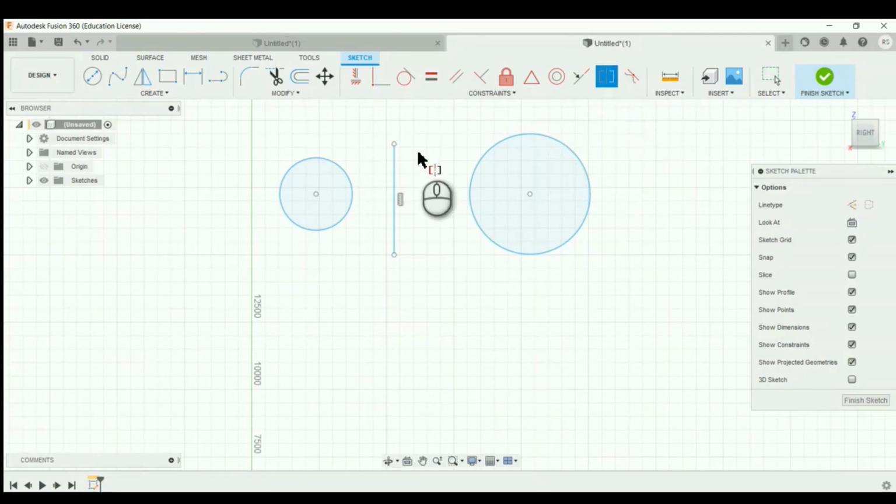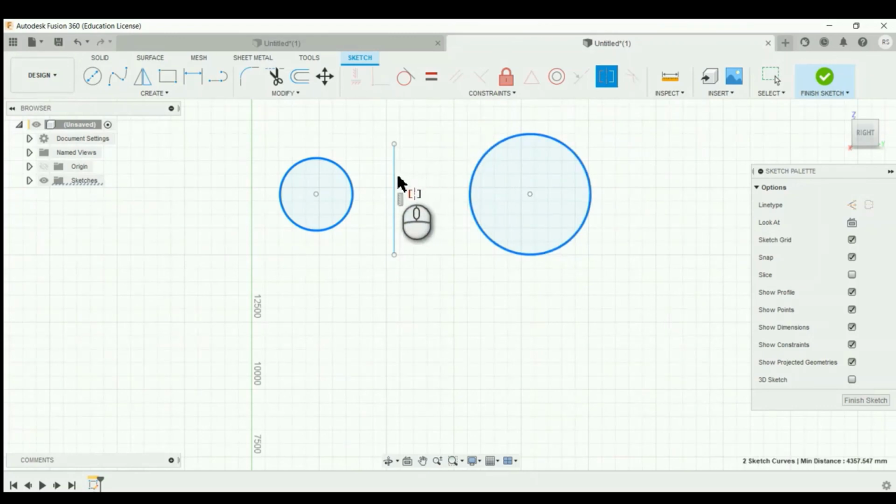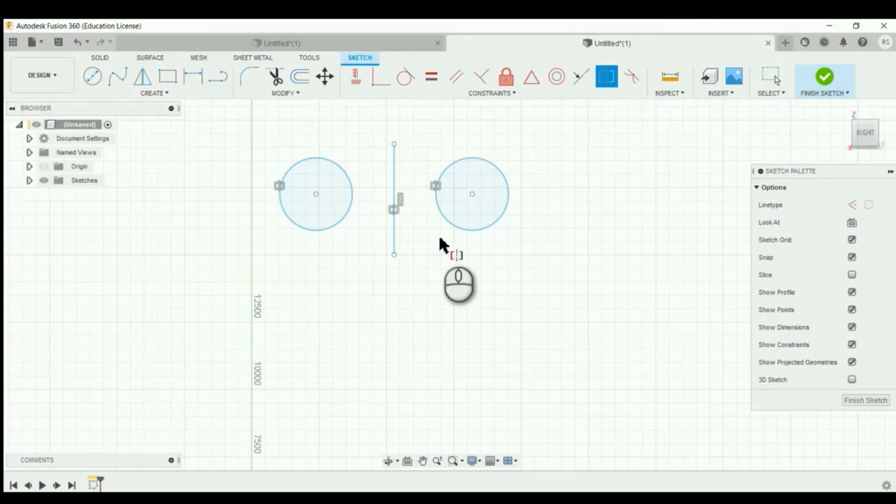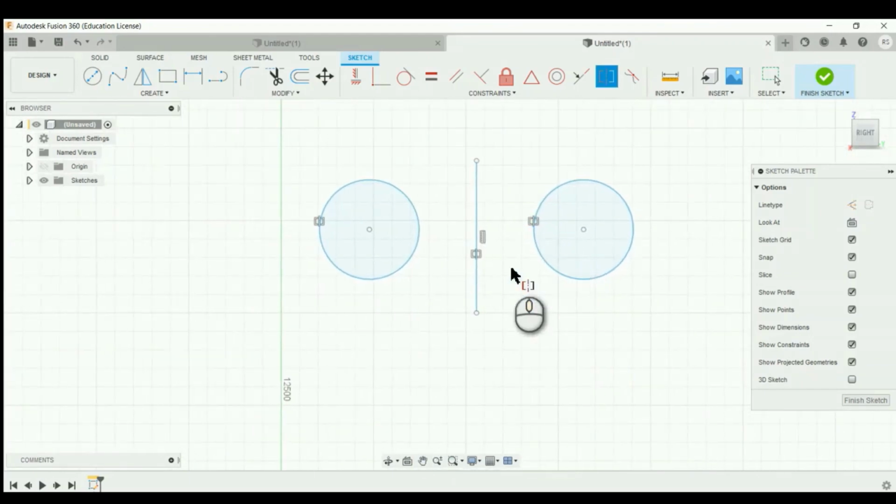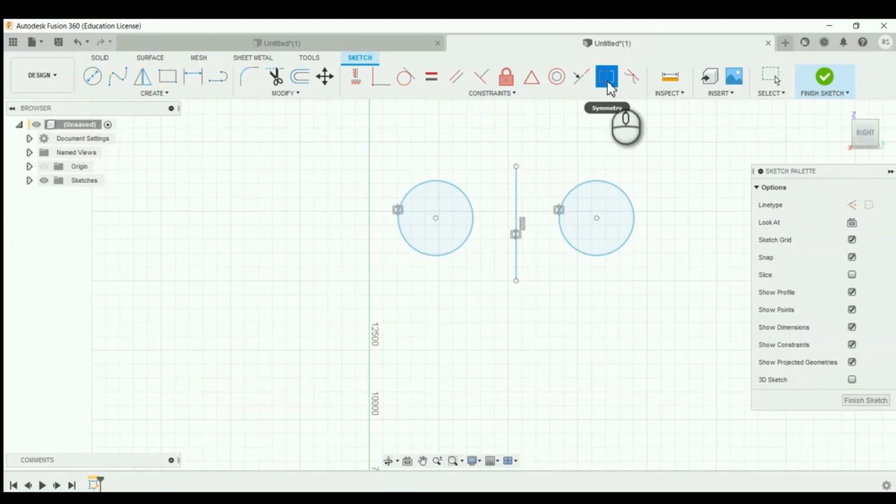First click the sketch you want to change, and after that select the symmetry line. Then the symmetry is created, the spaces are equal, and the circles are also equal because we have applied the symmetry constraint.